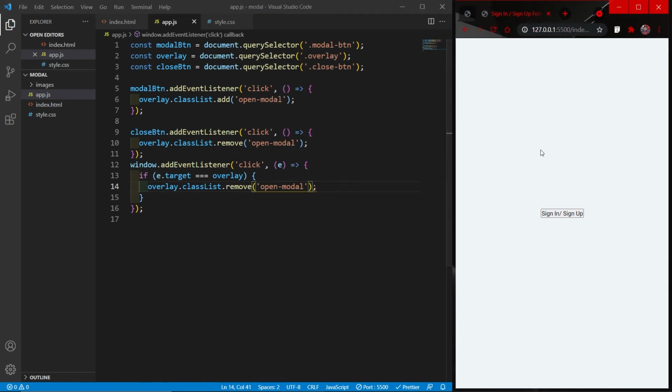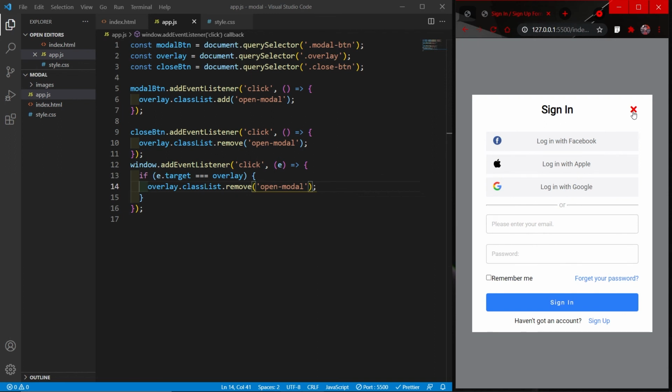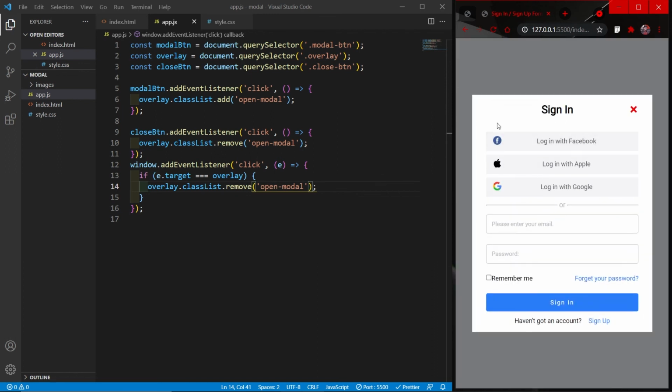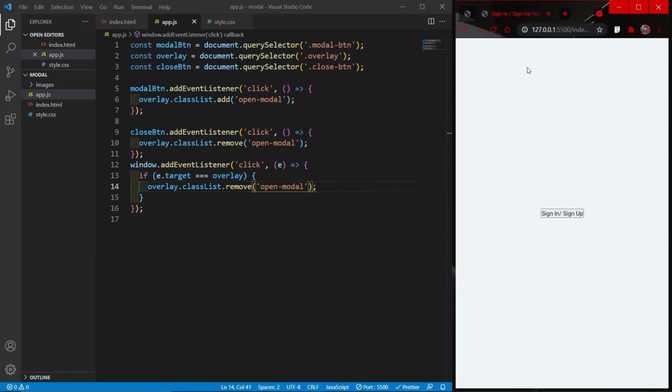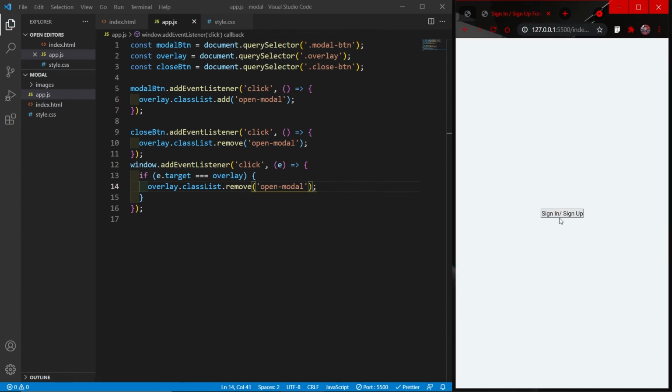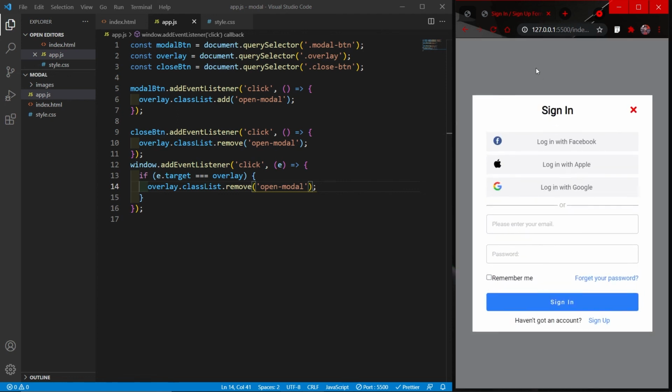And if I save and show you, the modal opens. Clicking on the close button, the modal closes. Now I can click anywhere in the form, nothing happens, but right when I click outside on the overlay, our modal closes. And with that, we have learned how to create a modal with pure vanilla JavaScript.